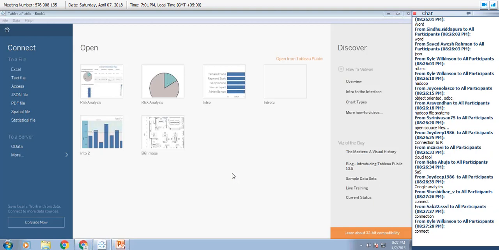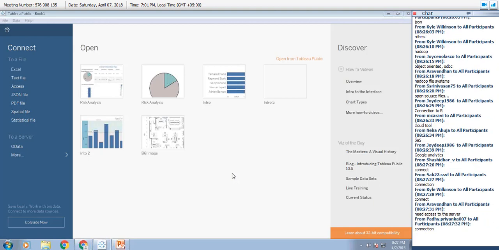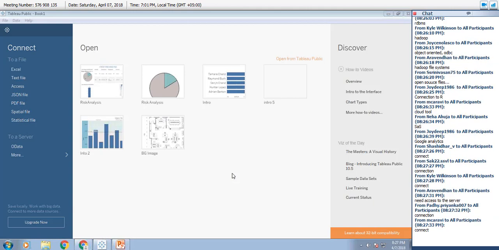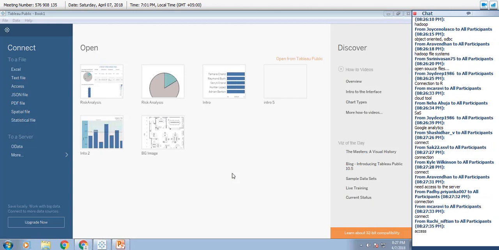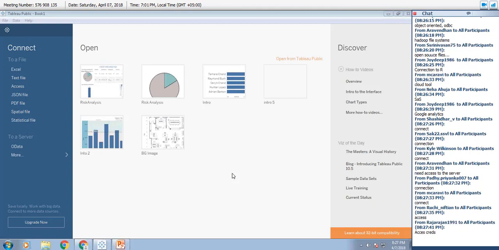You need to make sure that you have a connection established between the tool and the server. So you need the path for it. You need the URL. You need the username and the password given properly so that a credentials check will be done, and then you will establish a connection with the server, and then you will go to the place where the data is present.